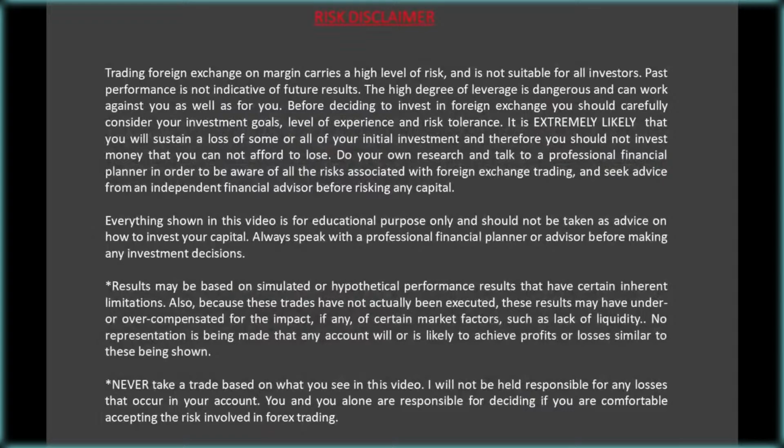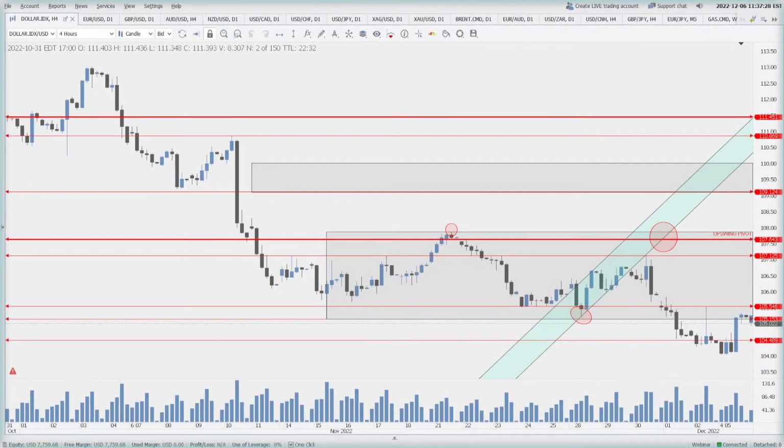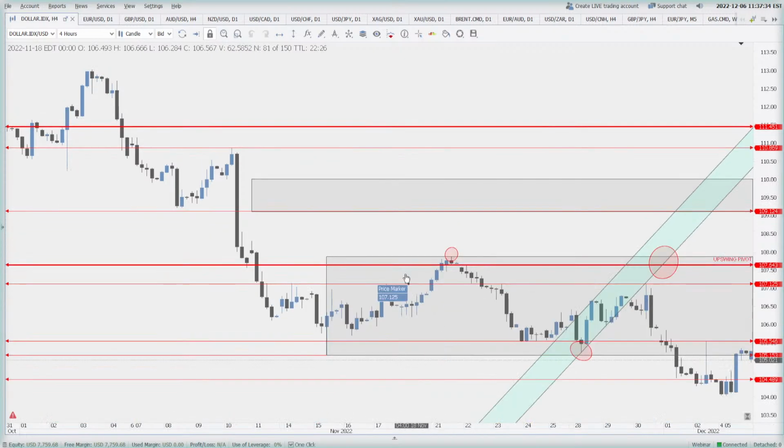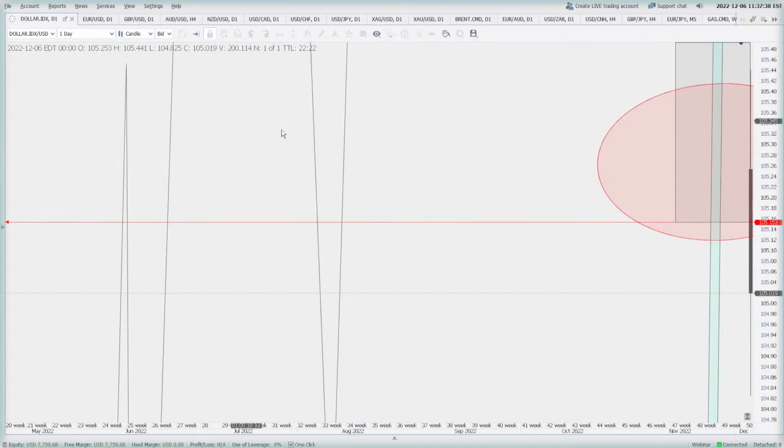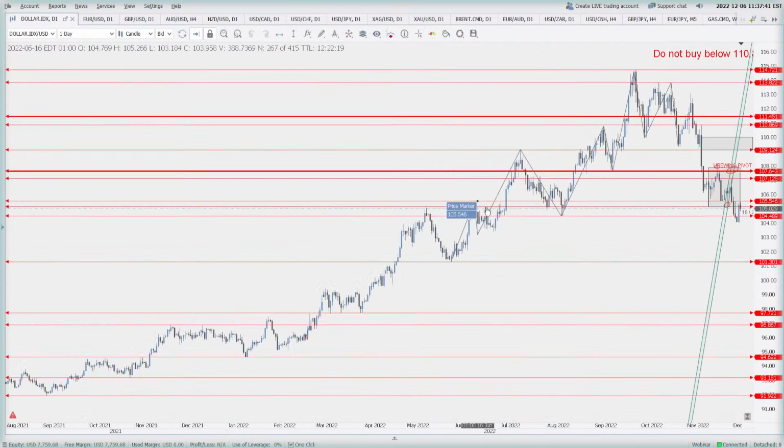Okay, so let's go to the first chart of the day. Well, this is the 4-hour chart of dollar index. Well, let me remove the volumes. So what is going on here? Let's switch to the daily. Okay,